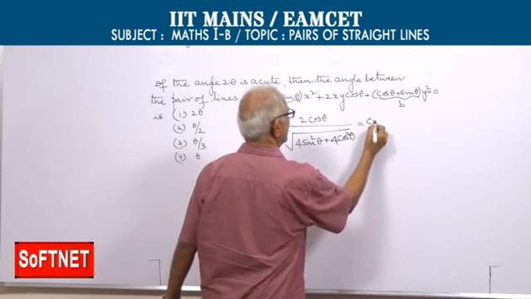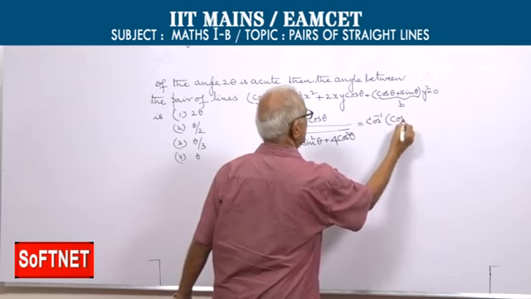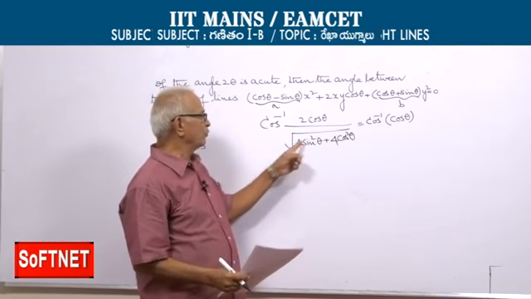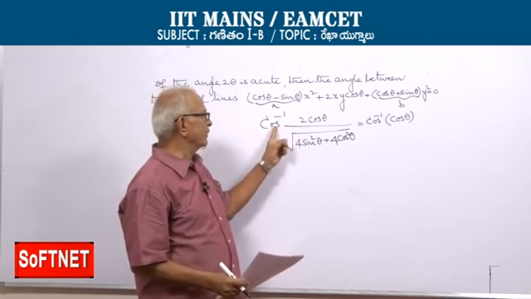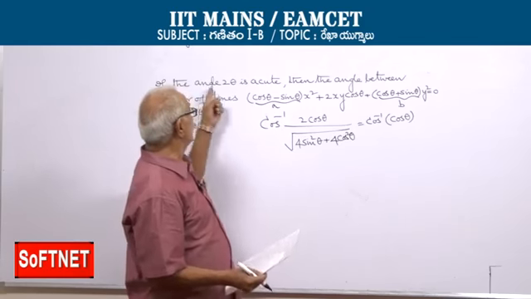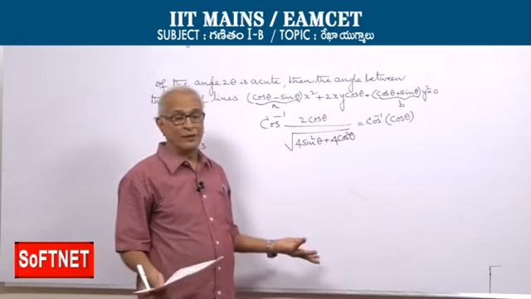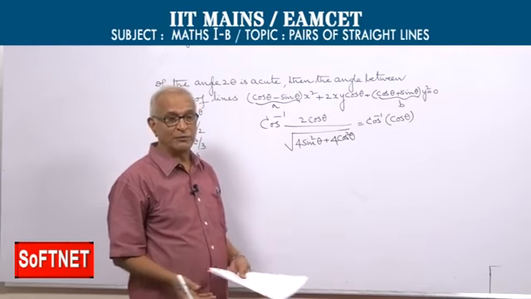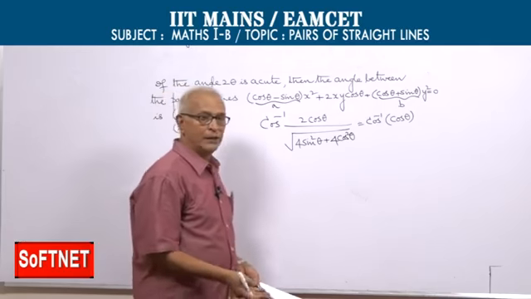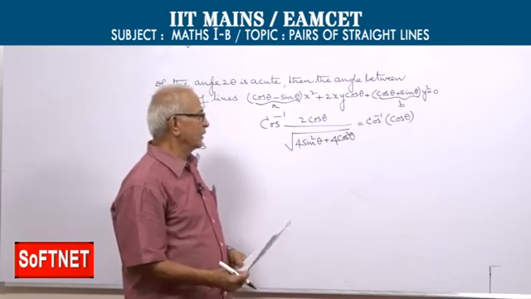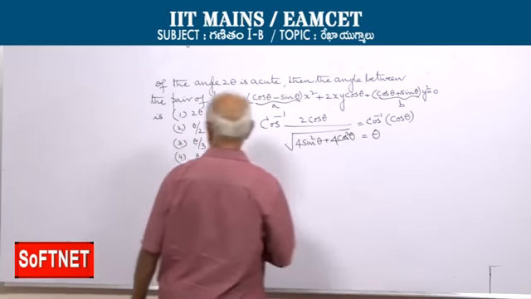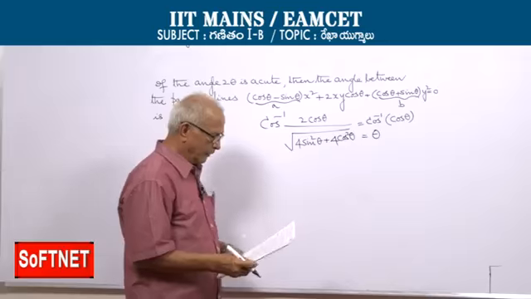Well, one can easily see this is r cosine cos theta, because this is 4, root 4 is 2, 2 and 2 can be cancelled, so r cosine cos theta, which is equal to theta. Because 2 theta is acute, theta also lies between 0 and pi by 2, and 2 theta lies between 0 and pi by 2. In fact, theta lies between 0 and pi by 4. And therefore, the principal value of r cosine cos theta is theta. So that is the angle between the two lines.